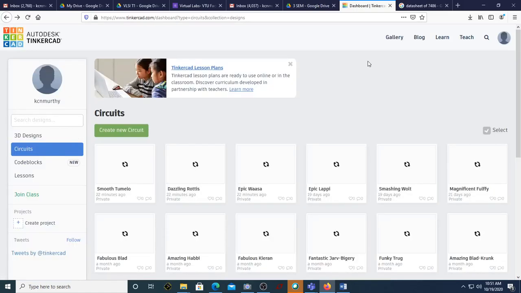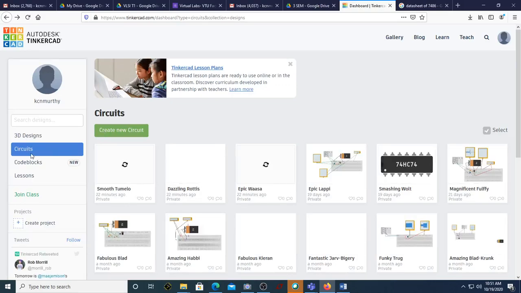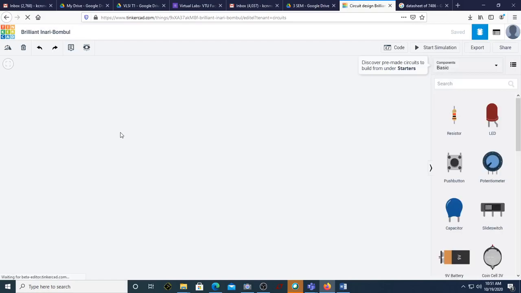Of course, you can just log in with the credentials and go to circuits here. This is create new circuit. If I click on create new circuit, a blank page will open where you can start rigging up your own circuit. This is free, open source, and available; anybody can just log in, give the credentials and take the login. Because we want to have the real feel of how we make the circuit connections in the conventional lab, that is possible here, because we know that we're going to rig up all these things on a breadboard. So there's an option for selecting the breadboard itself.